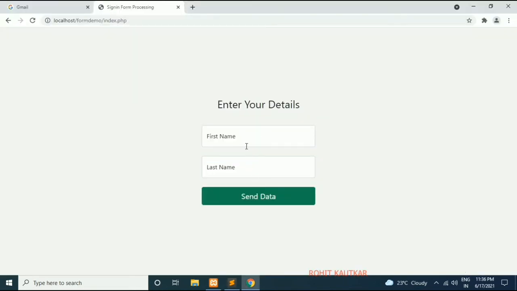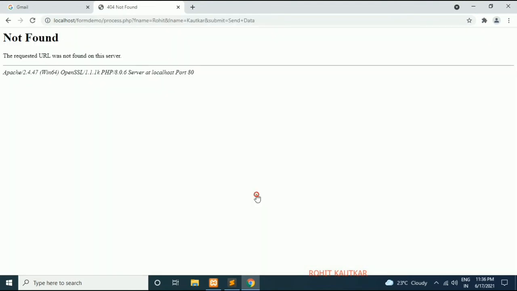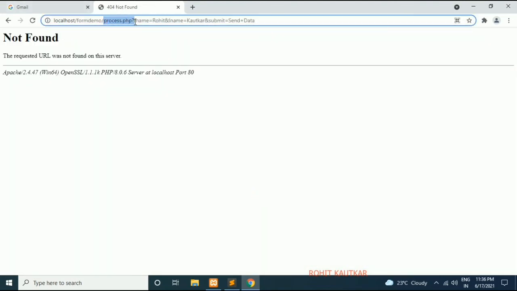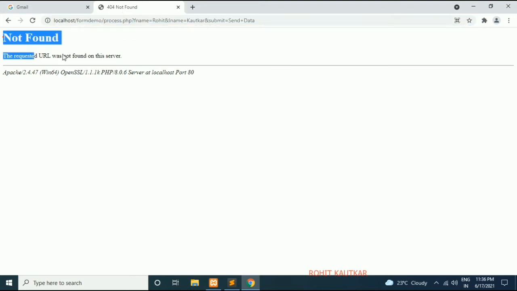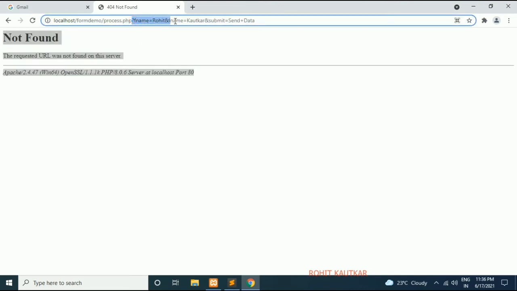Now if I fill in certain data here and click on the send data button, you can see, friends, we are getting redirected to process.php. We have not yet created this file, that's why it says not found. And you can see in the URL, whatever data we have submitted through the form is visible within the URL.